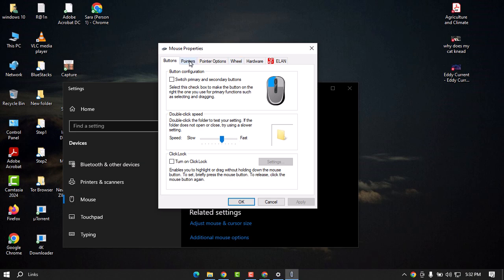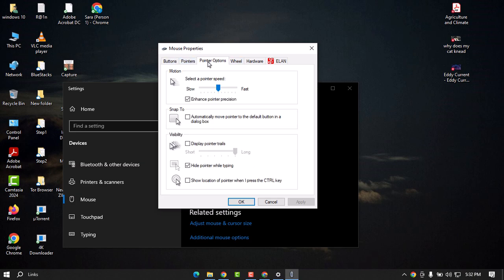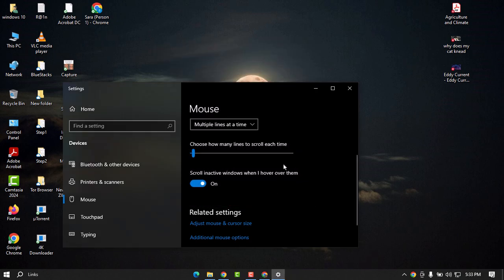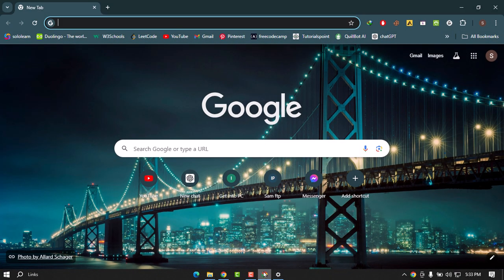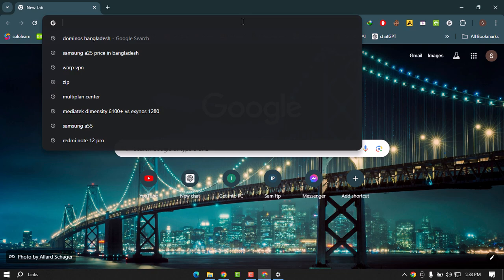and you have to go to the pointer options, and here uncheck the checkbox for enhance pointer precision and click on apply. Then click on cancel. Now go to your Chrome browser, search for